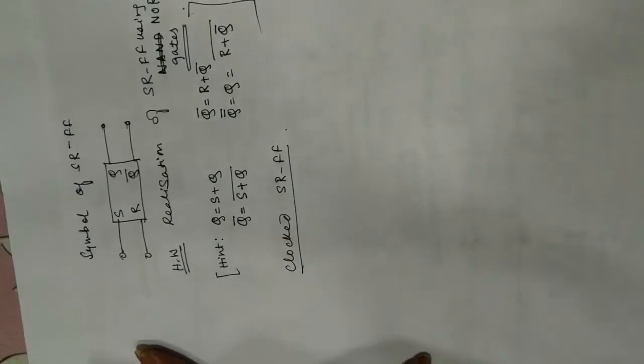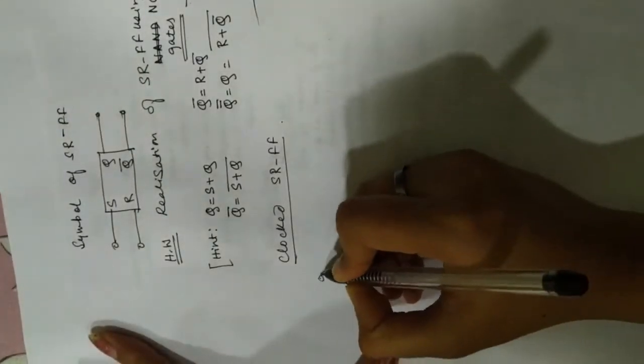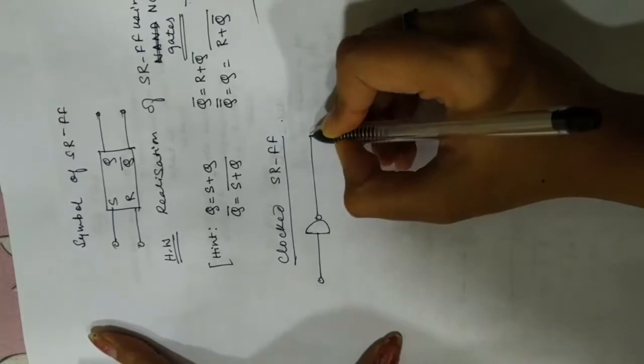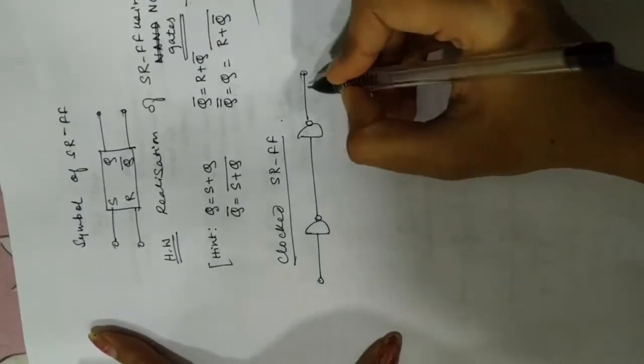So we have to synchronize the flip-flop with the clock. If we synchronize the flip-flop with the clock, the timing of the inputs can be controlled. So that is the purpose of a clocked SR flip-flop: it is useful to overcome the mismatch of the time interval of the input signals. Okay, so how it works, let's see. We'll understand the working once I draw the circuit. The circuit is very similar to the normal SR flip-flop, just that you have a clock attached at the input.